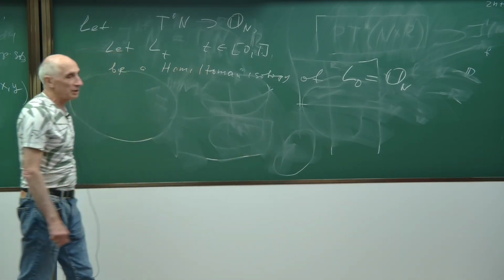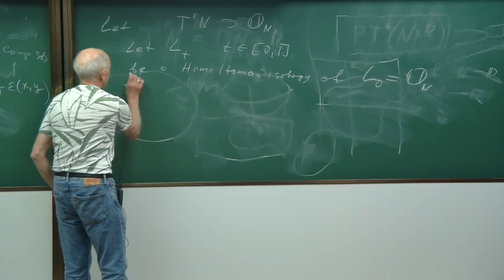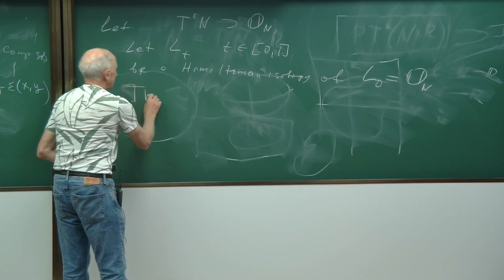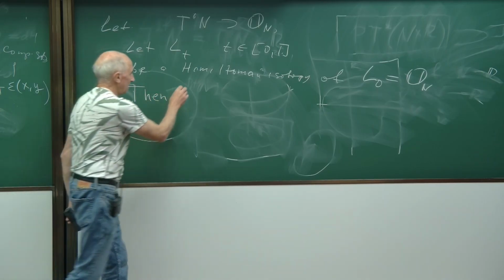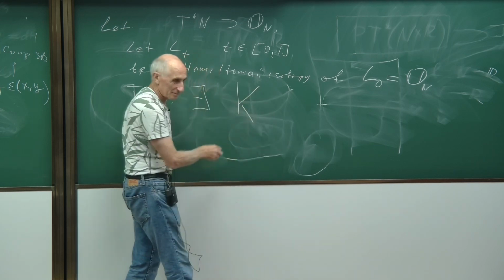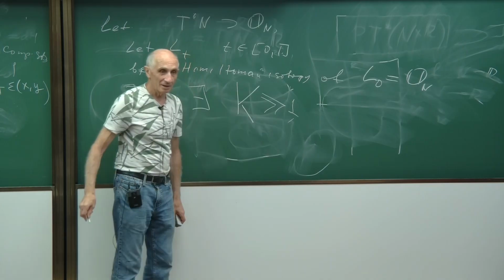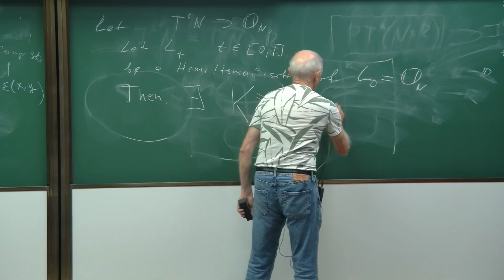So you have a Hamiltonian isotopy of L_0, then there exists some big number k,